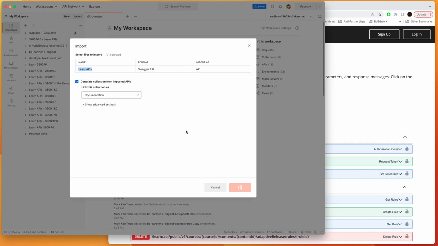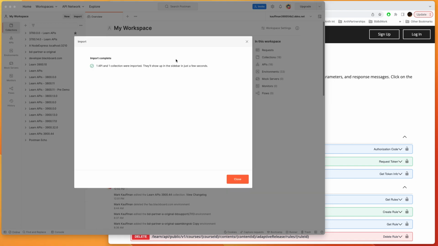and now it's actually importing them to our local Postman application. And I'm going to pause again while it does that. Import complete. There we go. It says it'll show up in the sidebar in just a few seconds. So we'll click the close button,